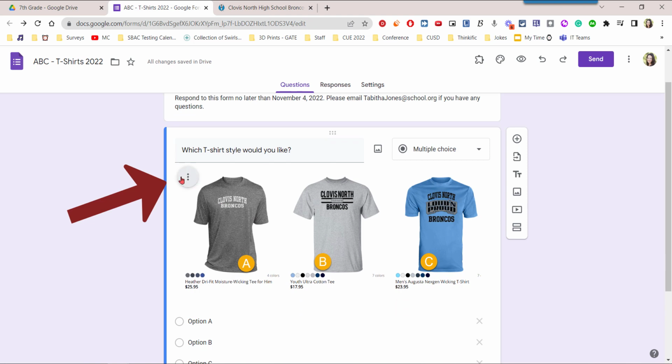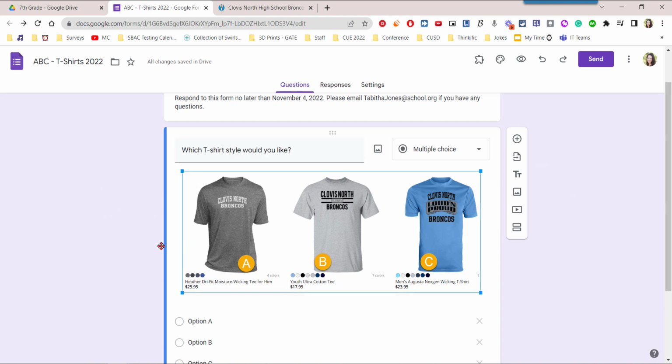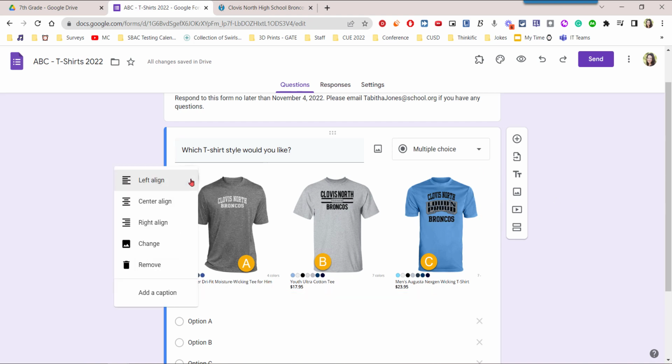Over here, this More button disappears at times. If I click away from it, earlier just a second ago it disappeared, and so, oh, there we go. We can see how it disappeared. When I click on the image it disappears, and when I click off the image it reappears. Let me click right there on the More button, and then I can change, or I can remove, or I